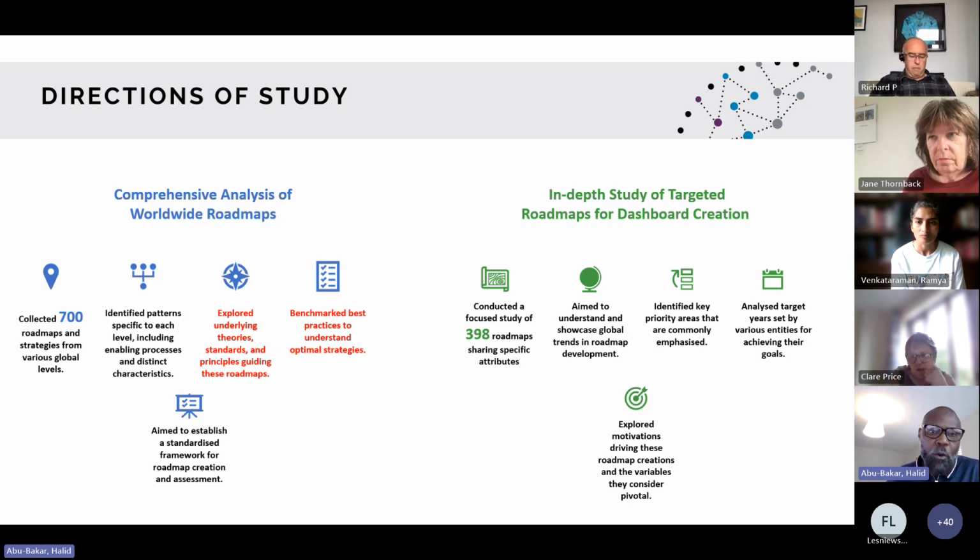For this collection of roadmaps, I used different methodologies, including data science methodologies such as natural language processing, topic modeling, and so on, to distill some key parameters from these roadmaps in order to develop a dashboard, which I will share with you shortly, which essentially depicts some of the attributes of all the global efforts towards adopting circular economy in different areas and sectors.